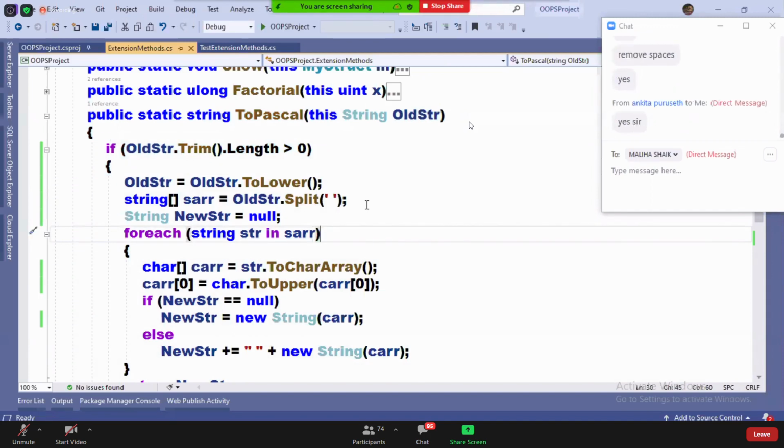Make a habit of debugging, guys. Make a habit of debugging, all of you. You people are not debugging. You get a problem, you just post, sir, I'm getting this particular problem. You're posting that. No one is debugging the code. Why are you getting the error? If you debug, you'll understand your mistake.